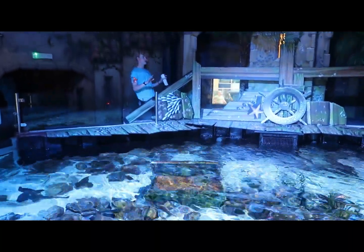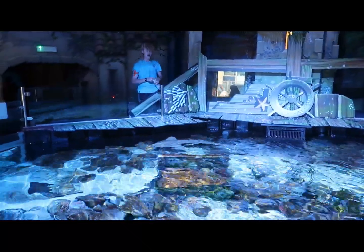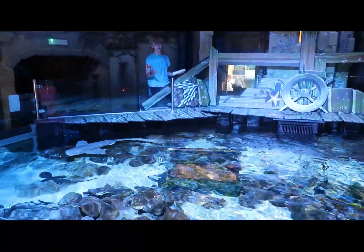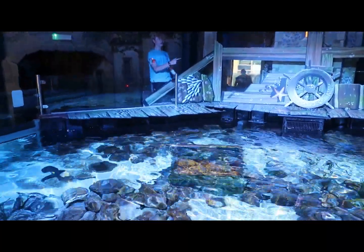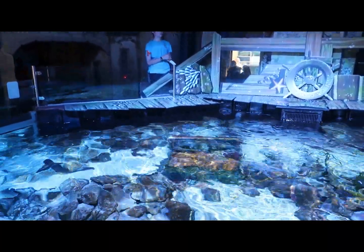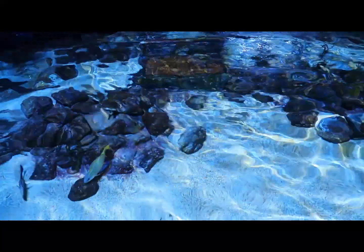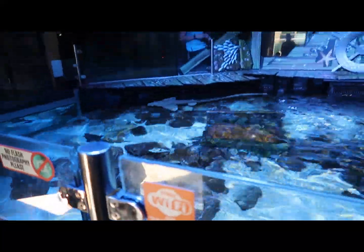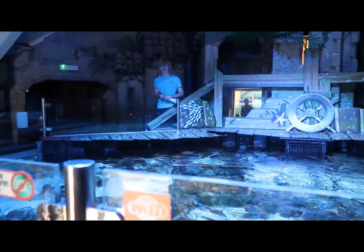Now California horn sharks, they do sleep for quite a lot of the day. But how do you think they keep breathing? Do you have a guess? How do you think they keep breathing? No idea? You don't know? That's absolutely fine. So I'm going to teach you guys this one very special word called